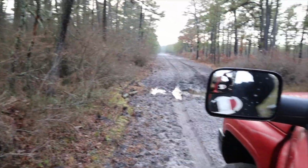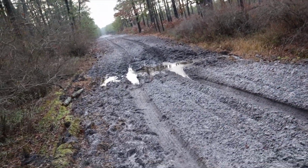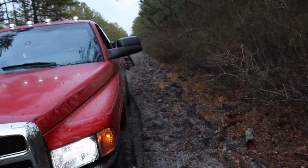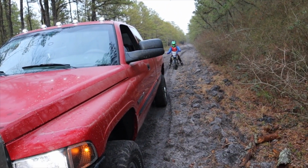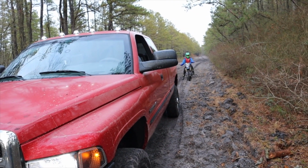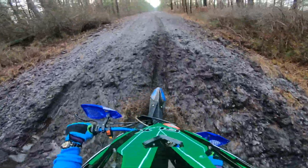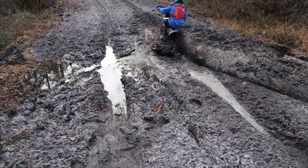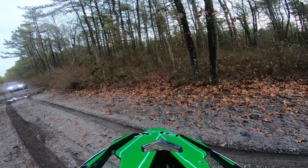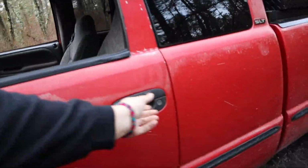So I found my first major obstacle. This road has been recently ripped up, and that looks nasty. I don't want to go back the way we came, but I'm scared. If Calvin can come up here and test it, maybe ride through it with your bike. You think I'm good with some speed? A little bit. I guess we're gonna go for it. I don't know. I'm kind of scared, but